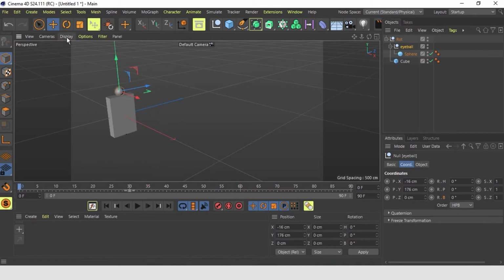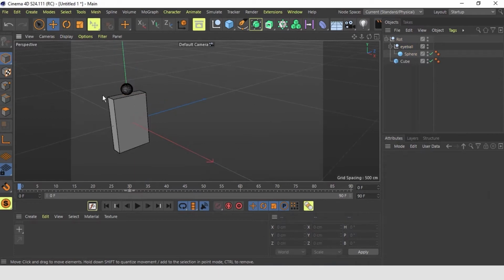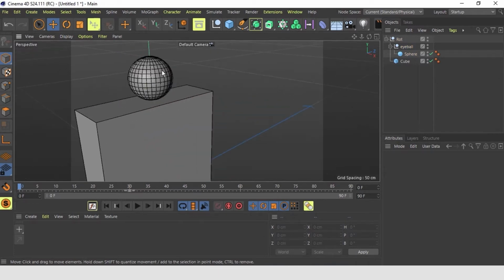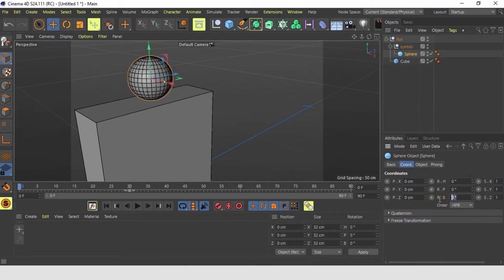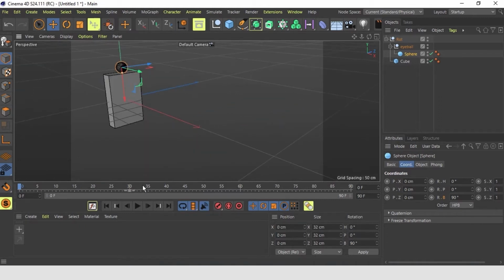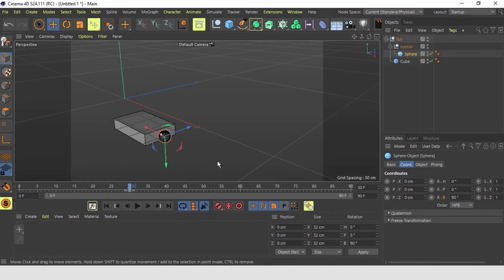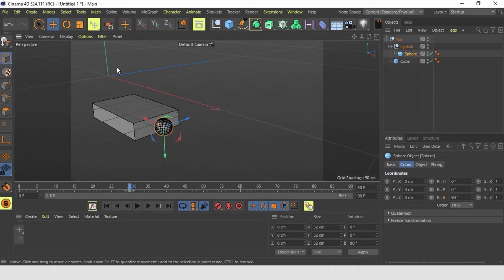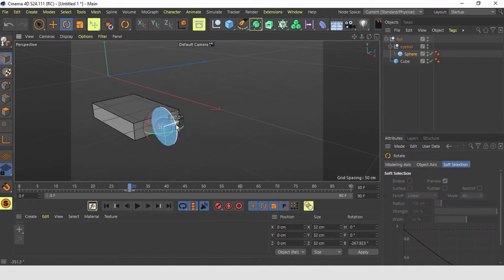Now let's switch on the shading lines, and on frame 0 we want the sphere to face to the front. So we just grab this sphere and turn it 90 degrees, so we have it facing exactly towards the front. Now, when we come to 30, we want this eye to roll and to arrive again in a facing forward position. That means that the eyeball has to rotate 3/4 of a spin. Plus, we want it to roll 2 additional full spins.